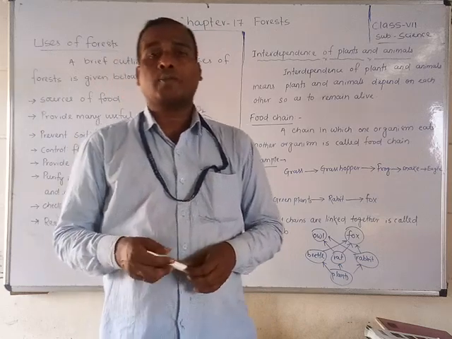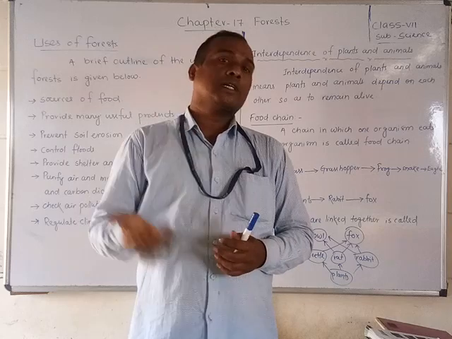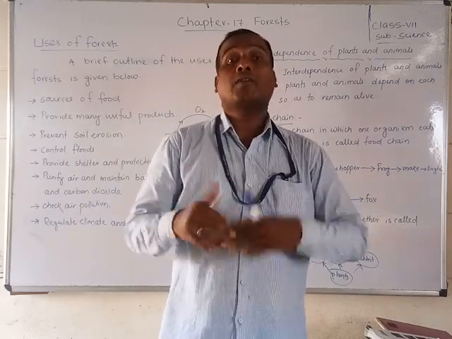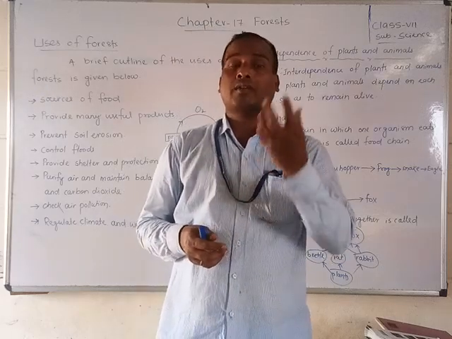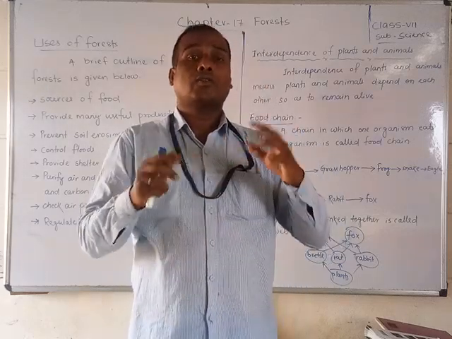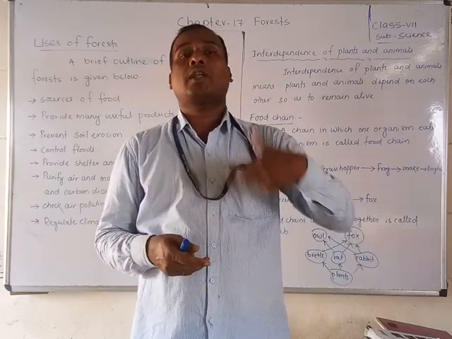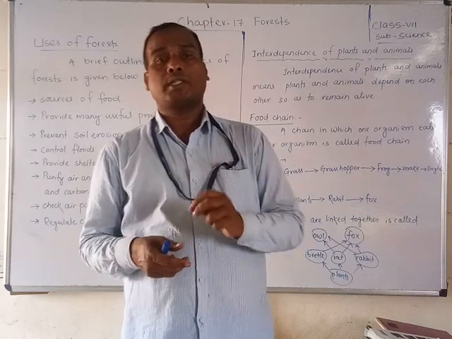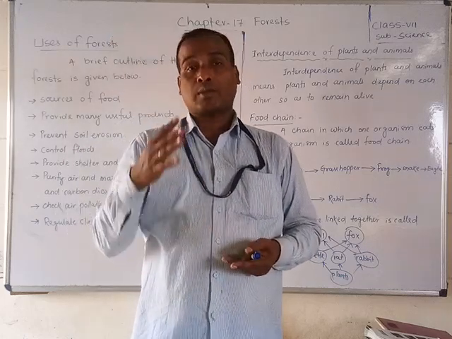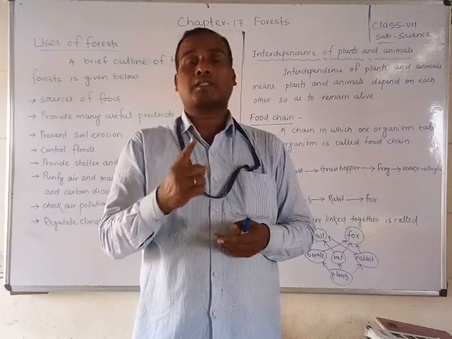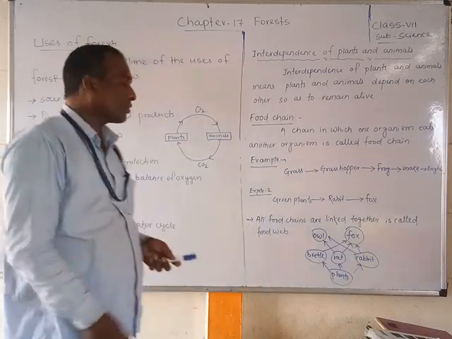Next, you know about global warming. Global warming is due to the increase of carbon dioxide, which makes the atmosphere temperature increase. That is called global warming. That means more sunlight is captured, and the whole globe, the Earth, becomes hot. Because of the increase of carbon dioxide, the atmosphere gets more heat and the temperature increases. That is called global warming.